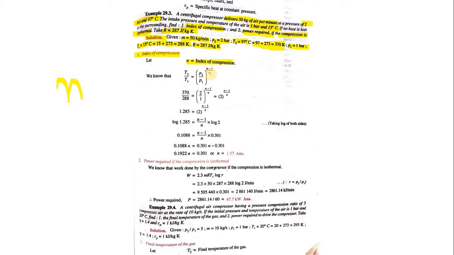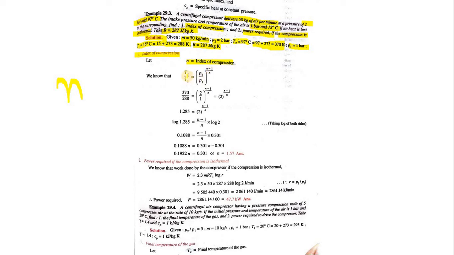When do we prefer gamma? Yes, if that particular process is related to the isentropic process. If it is related to the polytropic process, then we have to use n; gamma is replaced by n. So here they ask us to calculate the index of compression, so we have to calculate the value of n. Temperature and pressure are directly proportional to each other, so T2 by T1 is equal to P2 by P1 raised to (n minus 1) upon n.